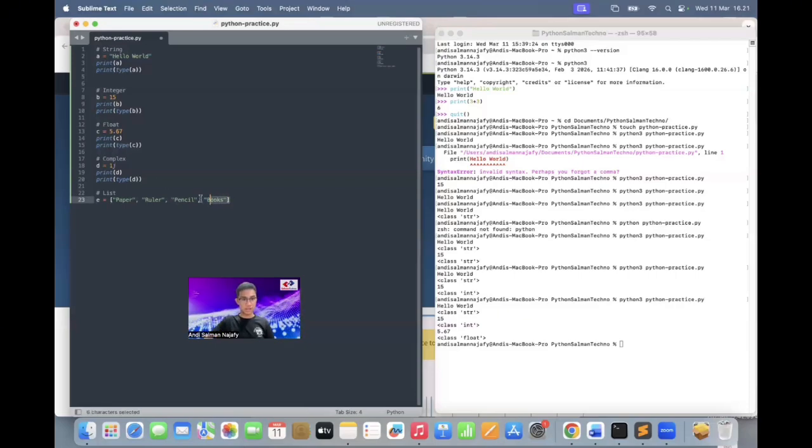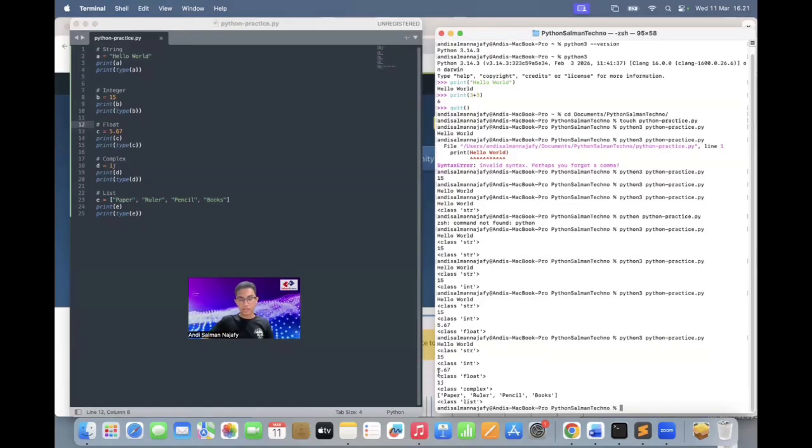Only 4 objects that I mentioned here. And then print E, type E. All right, so let's save our program and let's get back into the terminal to determine the output we inputted. Python 3